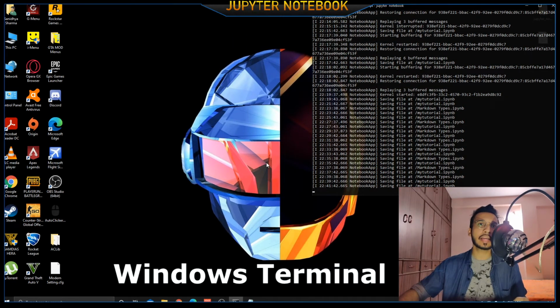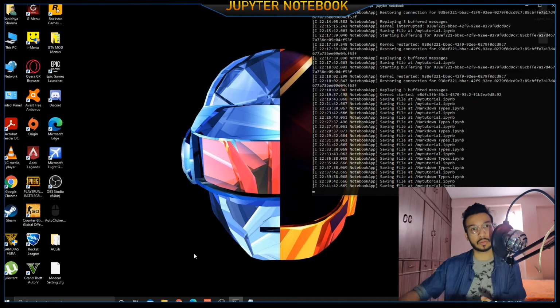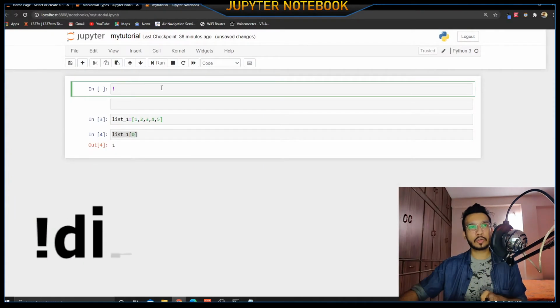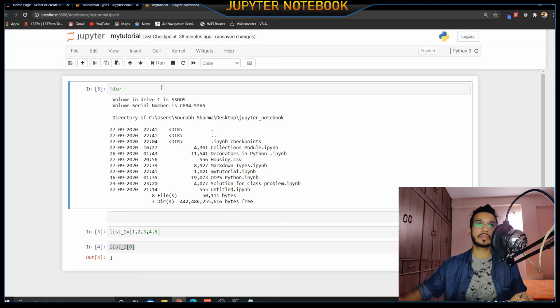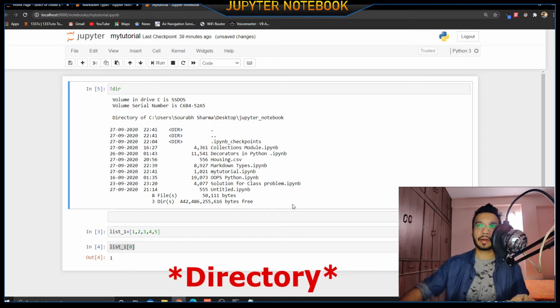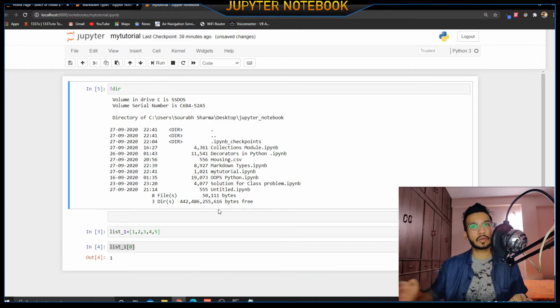This legacy command can be accessed in your Jupyter Notebook also. So basically you can run the same commands that you have run in your terminal on your Jupyter Notebooks. For example, I just want to see what directory I am in, and if I press this, it will tell me what directory I am in. Isn't this surprising that you can run a terminal in your Python code?